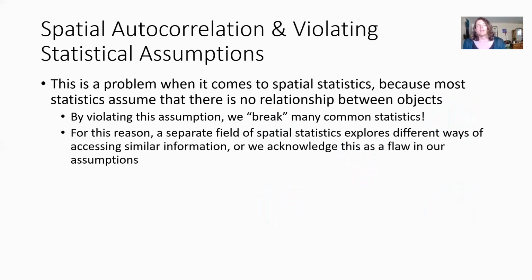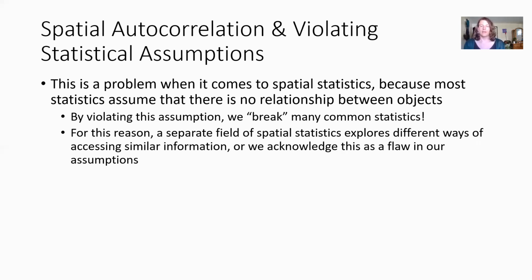But spatial autocorrelation causes some problems when trying to do statistics because it violates one of the key assumptions of many statistical methods. Most statistical methods assume that there's no relationship between objects as a default, and then use that to test to see if objects or groups of data are statistically different, for instance. So by inherently being related based on space, we break the common assumption for statistics. For this reason, there's actually a whole separate field of statistics dedicated to spatial statistics, where we have to work around and compensate for the flaws, or not flaws, but the issues caused by the relationship between variables due